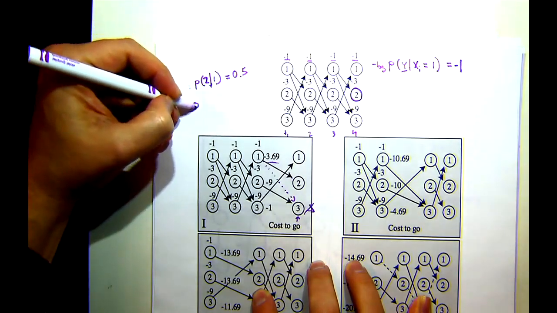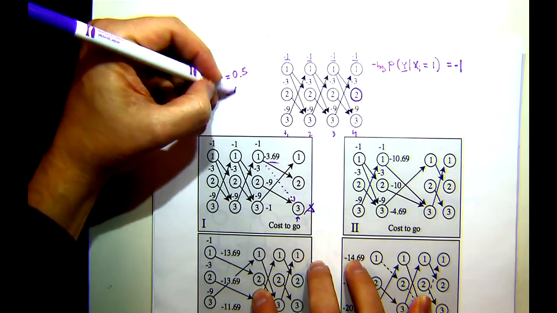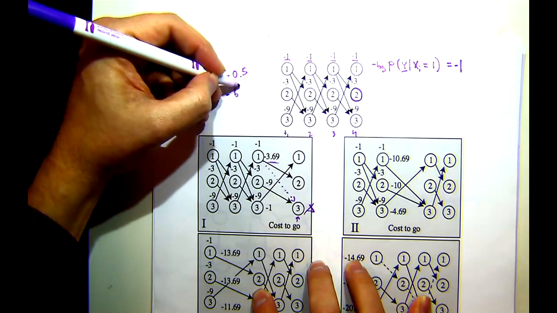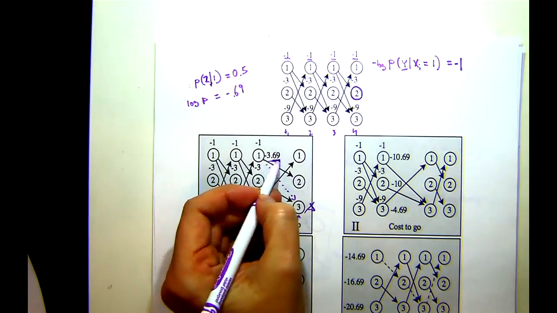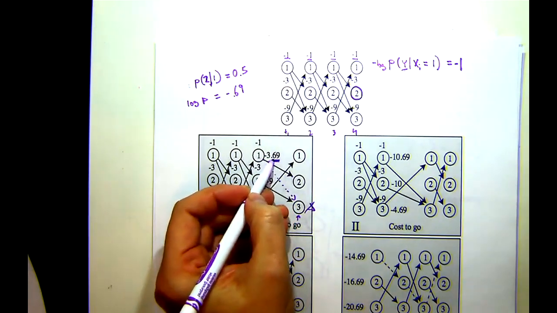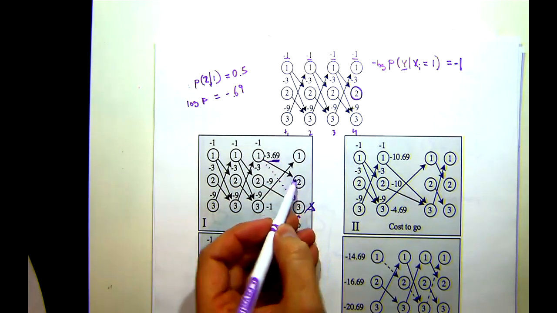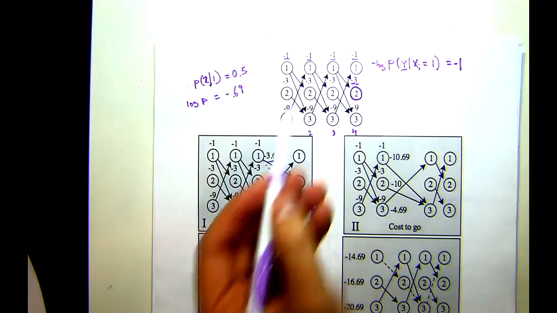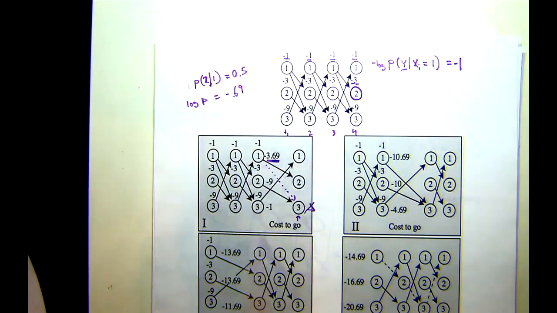So the log of that probability is equal to negative 0.69. So you take the cost of taking that path, which is 0.69, and you take the cost of arriving at that node, which is -3. And so the cost of going down this route would be